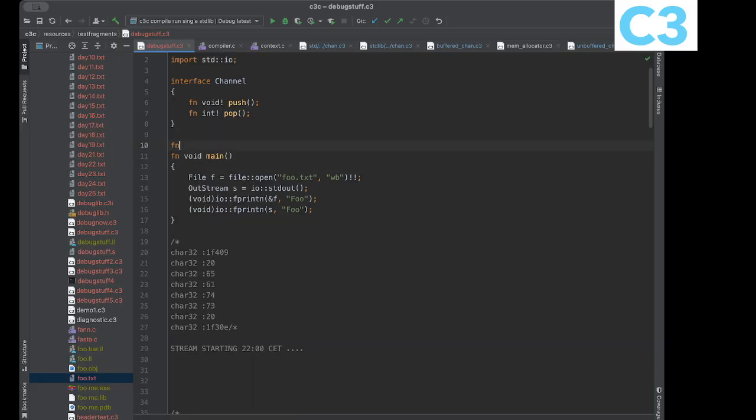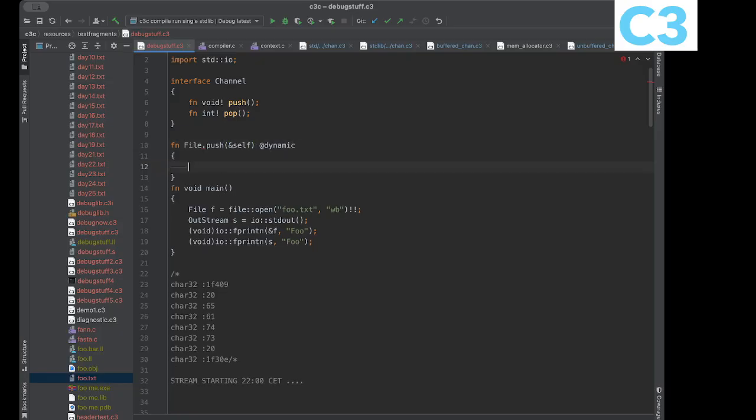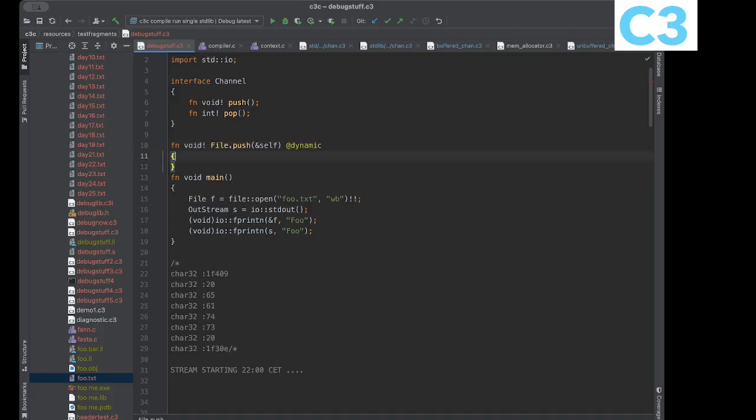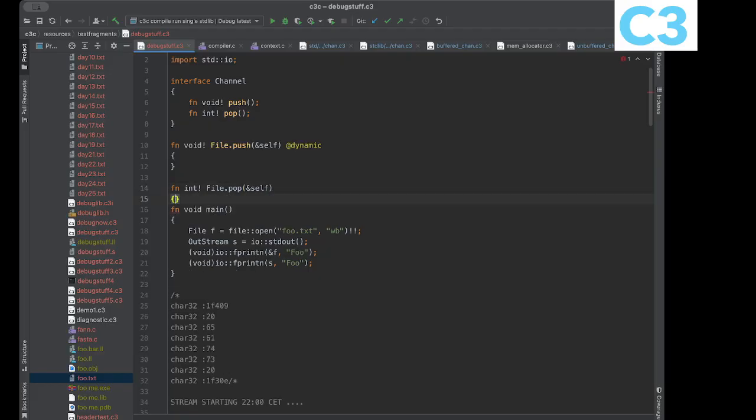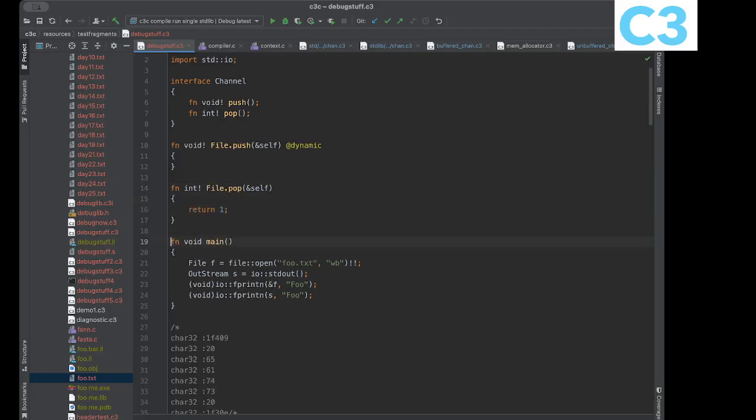Then, if you want to, you can define, let's say I want to add file as a channel. So I can actually do this. Let's make that a dynamic method, right? And it should be returning, sorry, push should return this, right? Now this doesn't give you any safety at all, but I can do it like this, and I pop and I return 1, right? Okay, so what I can do now is, and I have to have that dynamic,